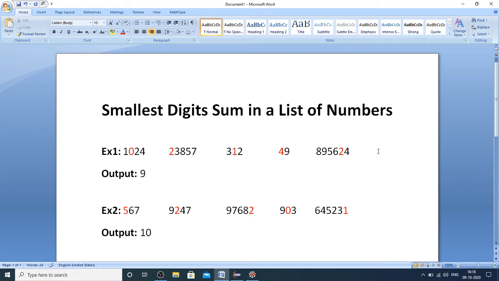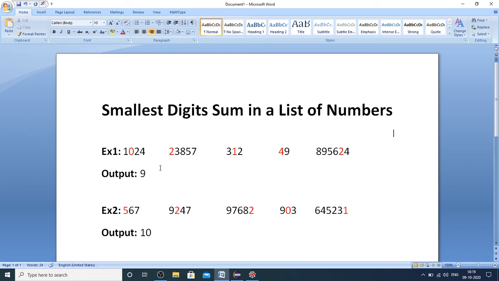I have come up with one more logic building problem, that is smallest digits sum in a list of numbers. So the problem is you will be given 5 inputs and each input is going to be an integer number.